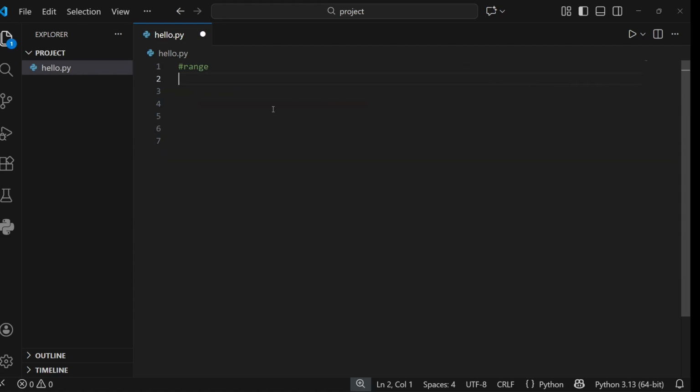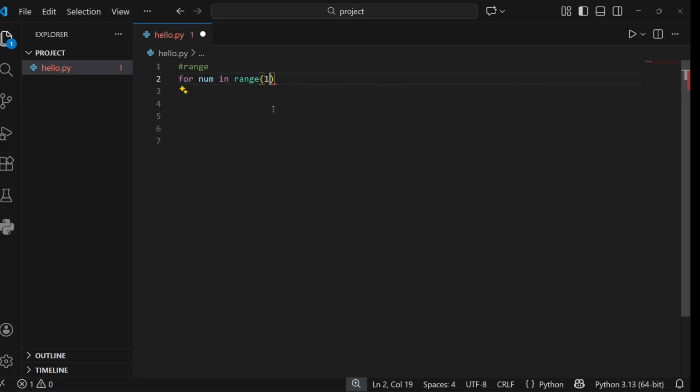Okay, so the next thing that we are going to learn today is the range function. The range function is a very important part of Python that we need to learn. The range function selects a range of numbers for you, right? So let's say you want a range of numbers from, let's say, 0 to 10 here. The Python range function can do it for you. So let's say we have for number in range